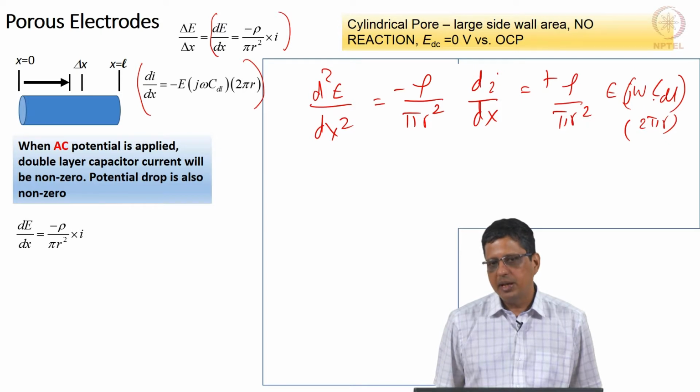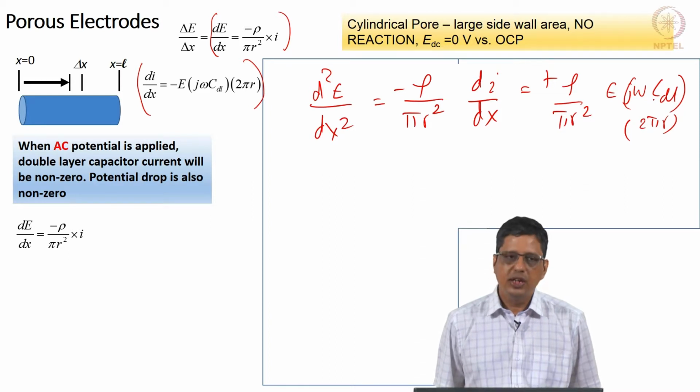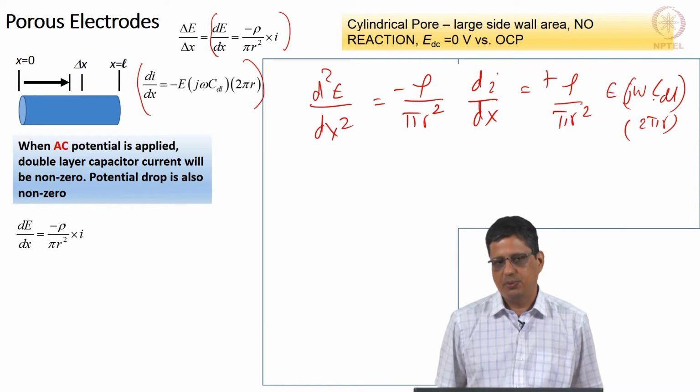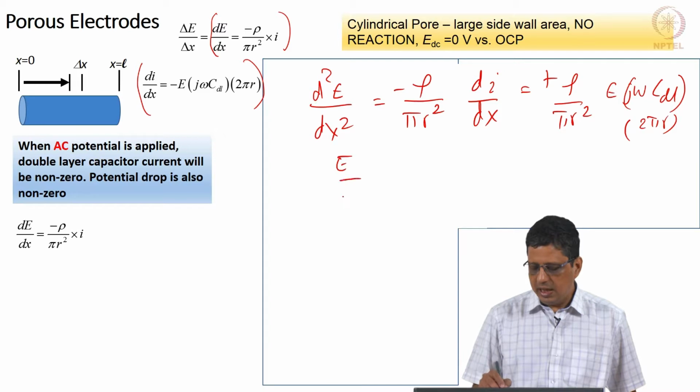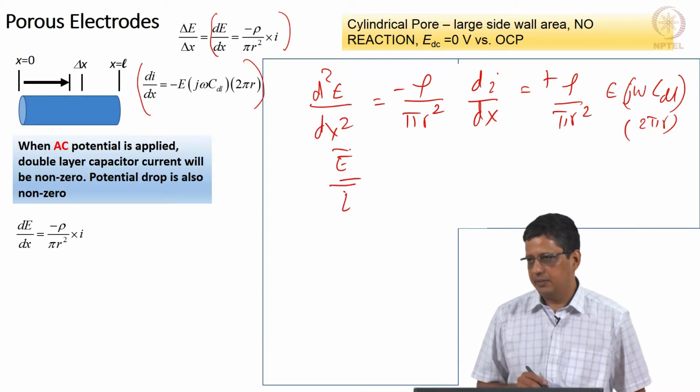In order to find E by I, we need to find E as it goes along the pore, since it is changing. We know the E at the entrance, we know the pore diameter, we know the pore length, we know the conductivity, we know the double layer capacitance of the sidewall per unit area. From this we want to get an expression for the total current that is going in as a function of potential. So, we want to write E by I, remembering that E and I are vectors.